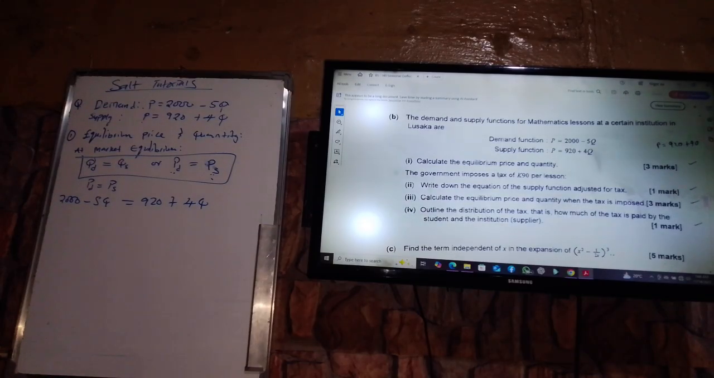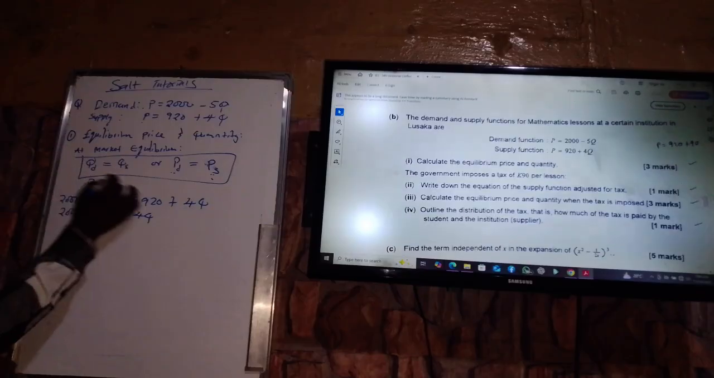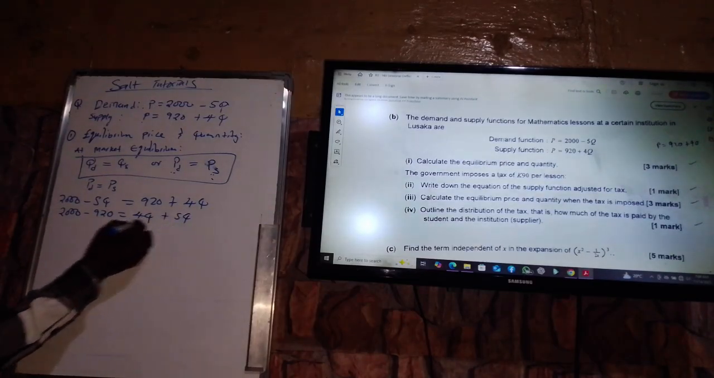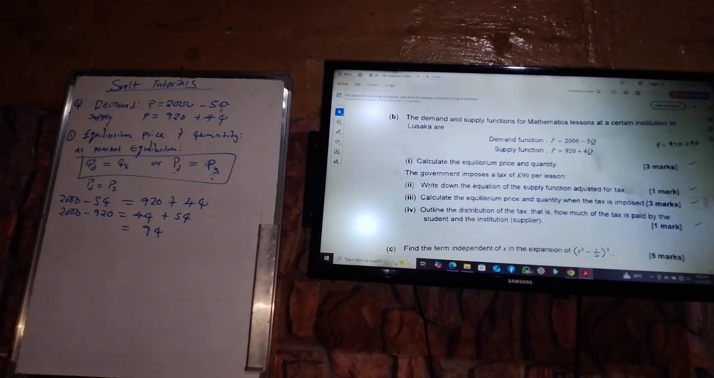Then when you do the simplification, like terms together, I'm going to have 2000 minus 920 equals 4Q. When this one goes to this side, it becomes 5Q, so that we can have 9Q this side, and this side we can have what? 2000 minus,